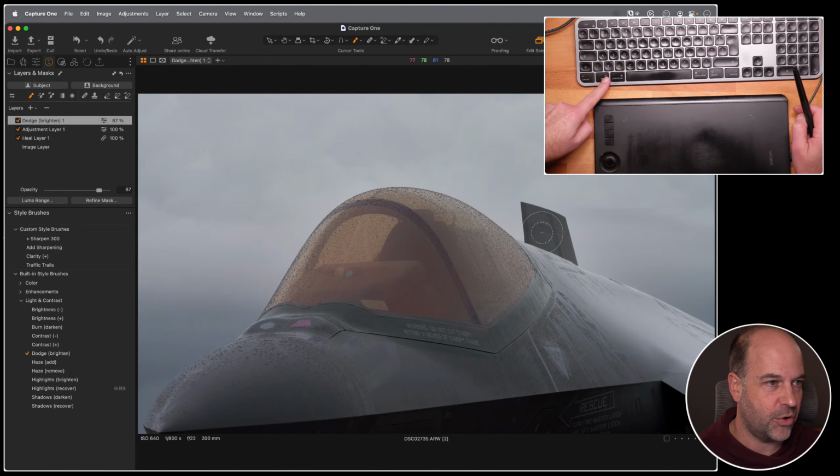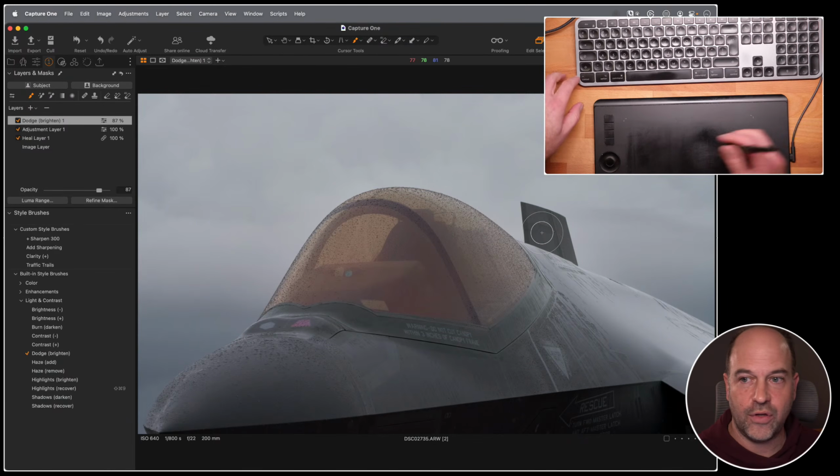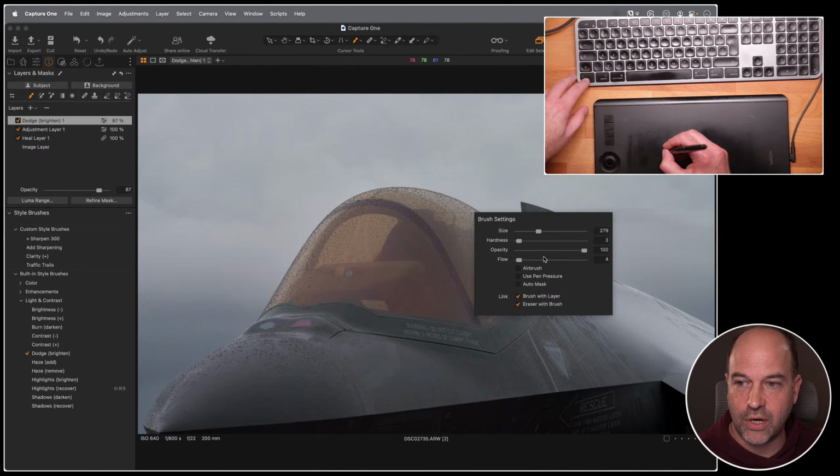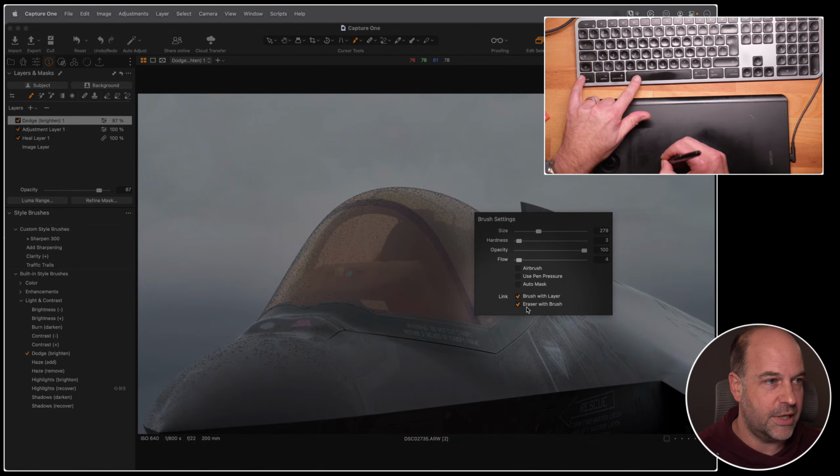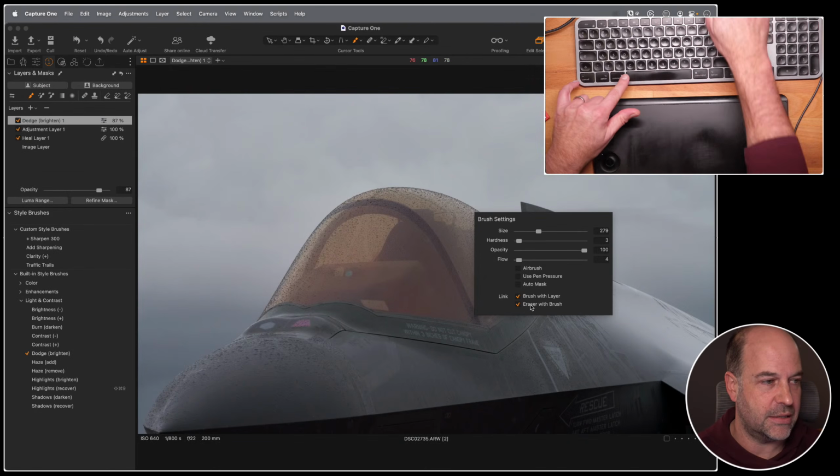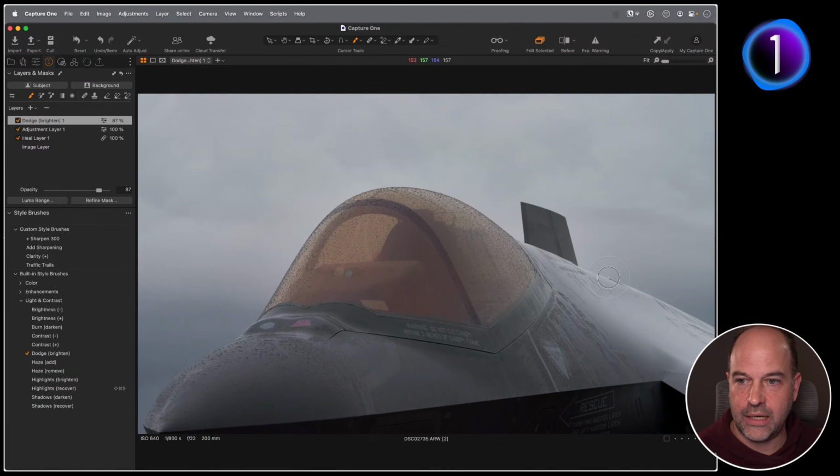So you see if I press Option or Alt, then you will see like so that it's now quickly changing to the erase brush. And if you do one further thing, which is to right click and make sure this box is ticked, eraser with brush,